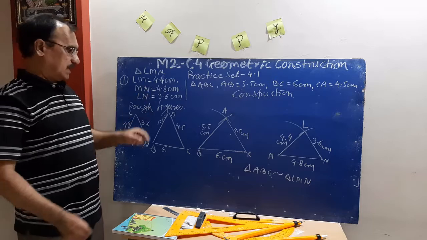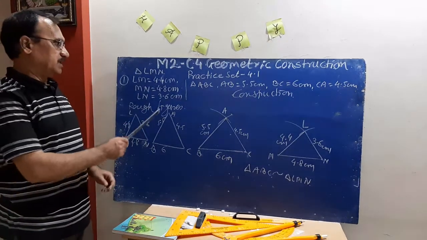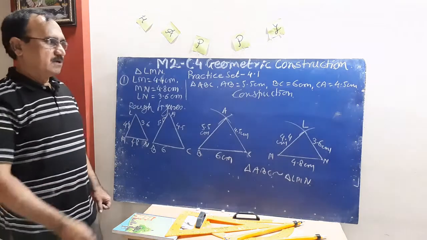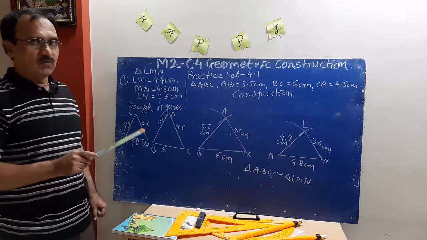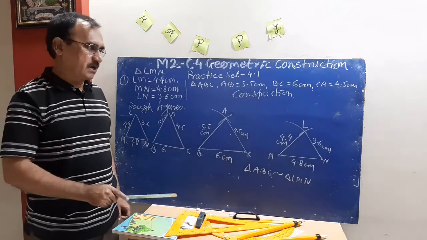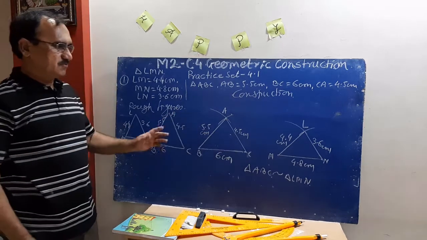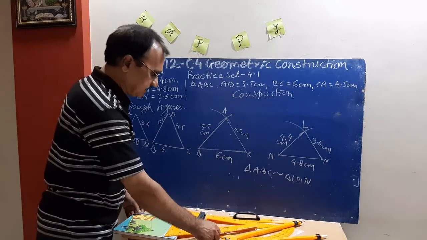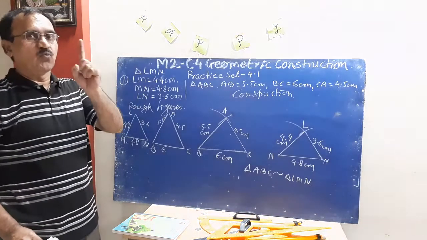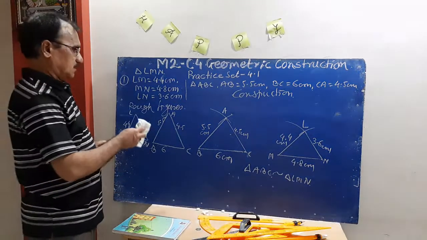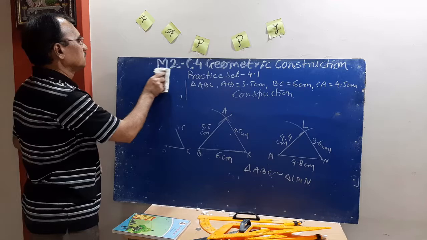Means if the vertices are distinct, find the measurements of the required triangle. Measurements of one triangle are already given. With the help of the equal ratio, find the measurements of the second triangle and construct easily. Both triangles we can construct in this way. This is the first method, and in the second method we will see how you can construct similar triangles if one vertex is common.